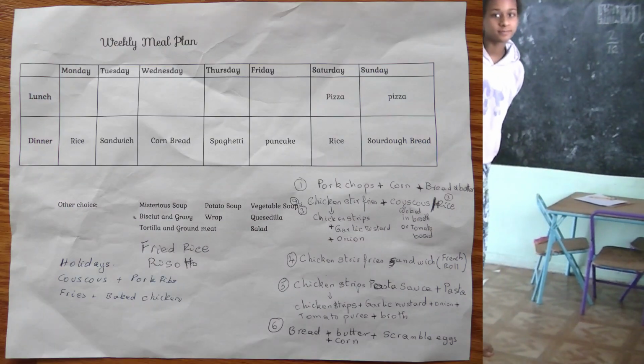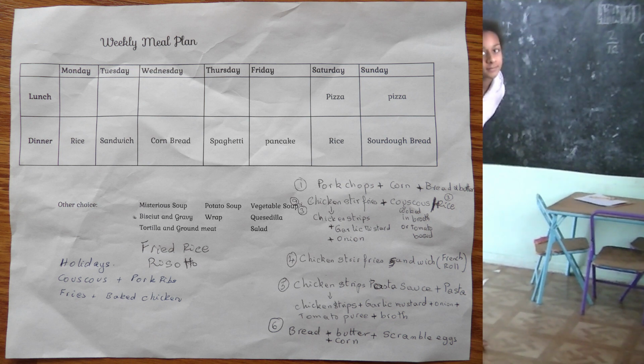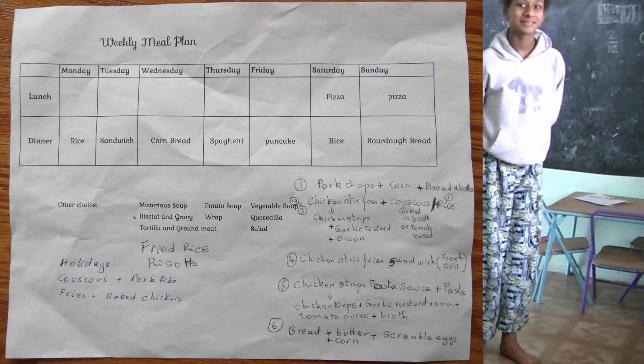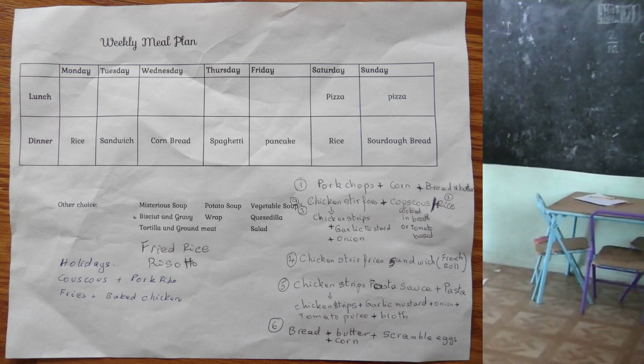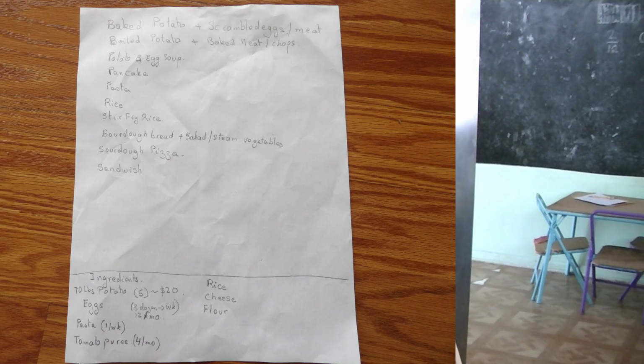Hello, how to create a monthly grocery list for a family of 5. First, I will suggest you draft a 7-day meal plan, like trying to come up with 7 different dishes that are easy for you to cook and your family likes to eat. And then look at that meal plan and list all the different ingredients that you need to have on hand